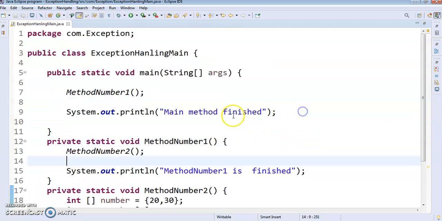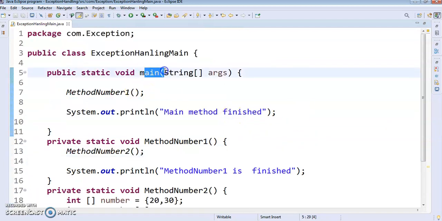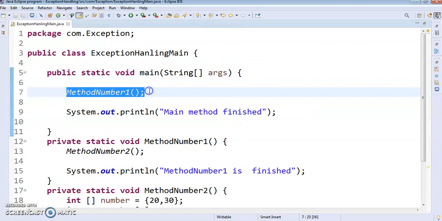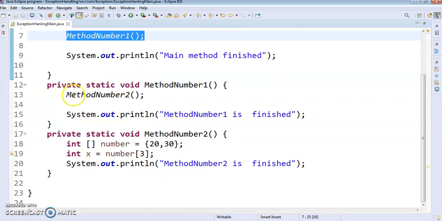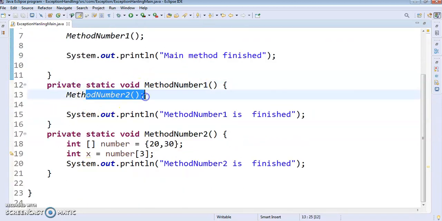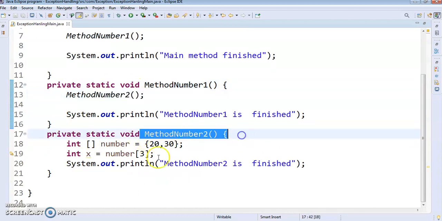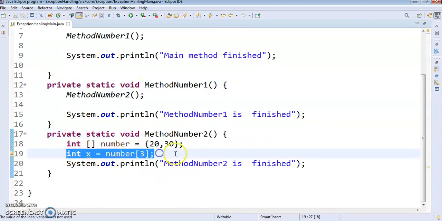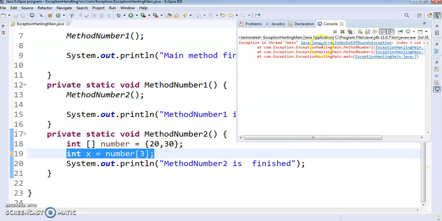Now observe carefully. The main method is calling method number 1, method number 1 is calling method number 2. Method number 2 will be executed, and at this line the exception is going to happen. We will see how the stack trace is going to be printed. If I execute this, observe carefully.